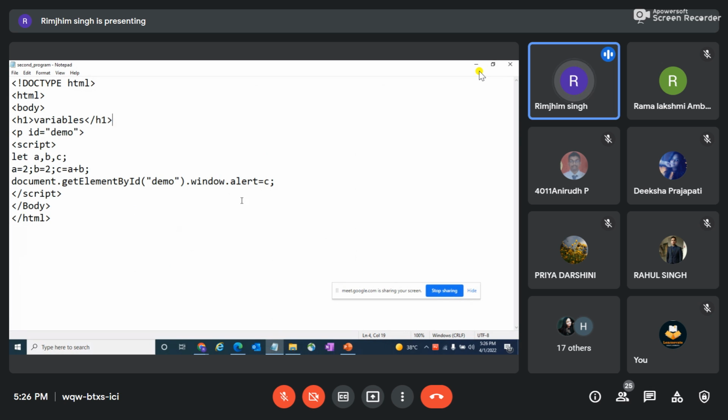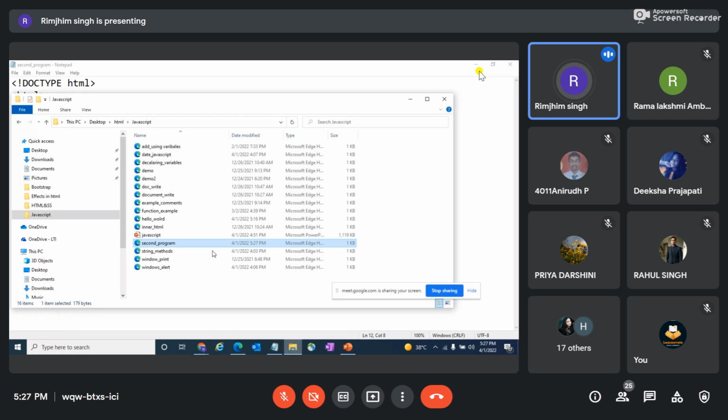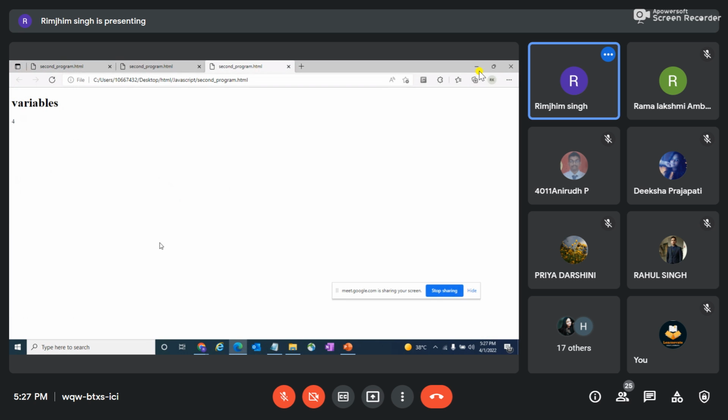I guess the window.alert function will not work here, so let me just print it using innerHTML only. Let's save it and see if this works. So, yeah, if we can see, the output is 4.